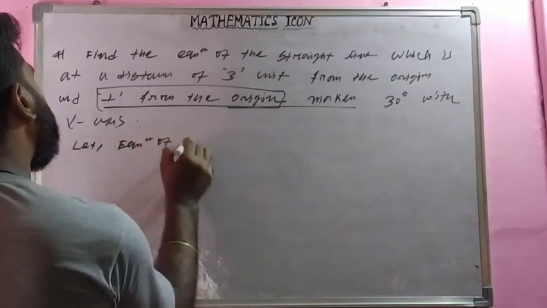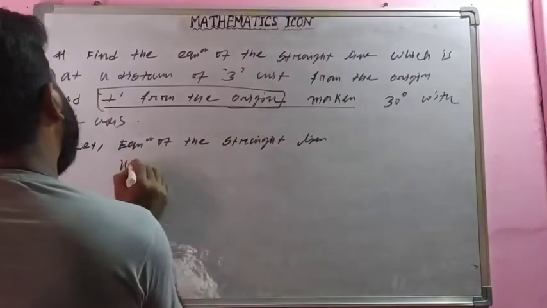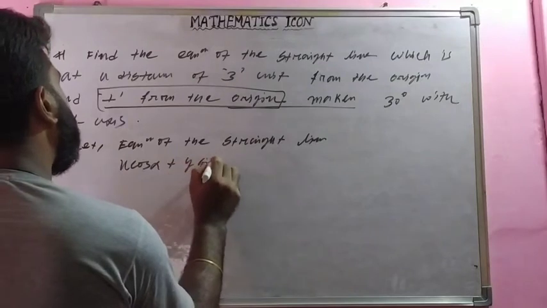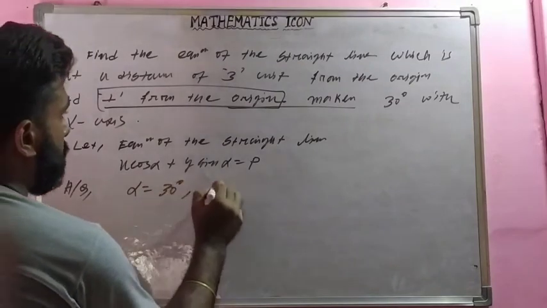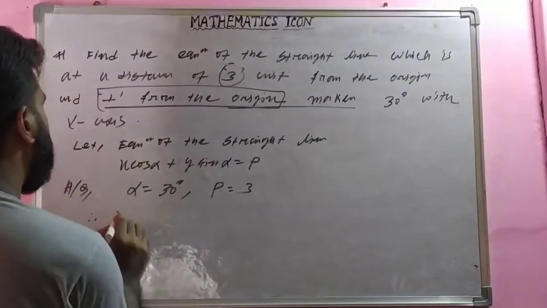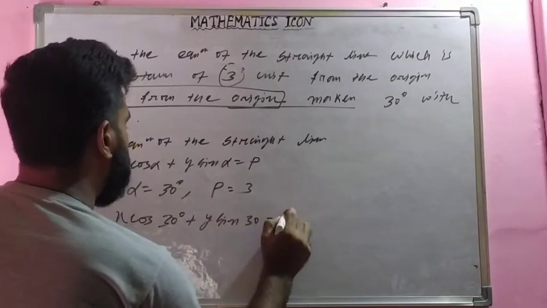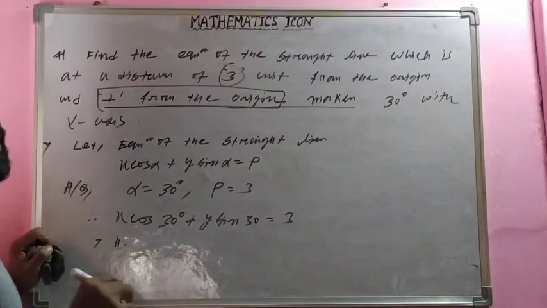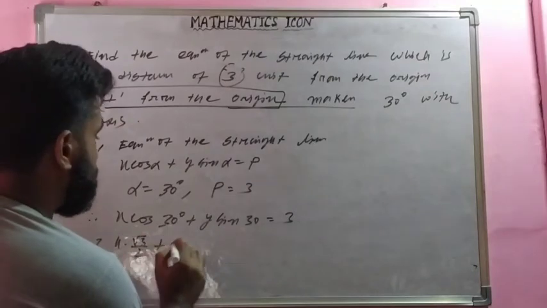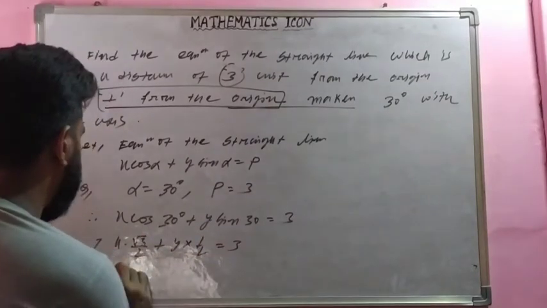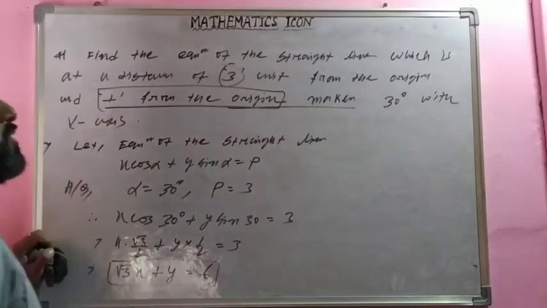so let equation of the straight line क्या एज्यूम करना है, x cos अल्फा plus y sin अल्फा, क्योंकि नॉर्मल फॉर्म तो यही होता है सब। अकॉर्डिंग टू द क्वेश्चन, अल्फा तो यहाँ पर 30 डिग्री है और p आई थिंक 3 यूनिट है। सो बस बिठा दो, x cos 30 प्लस y sin 30 इक्वल्स टू 3। दैट मीन्स x cos 30 डिग्री मतलब क्या होगा, √3/2 plus y sin 30, that means half, equals to 3. That means √3x plus y equals to 6. That is the final equation of the straight line,